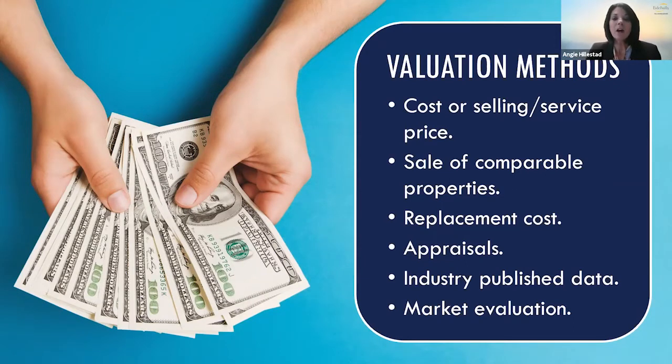The not-for-profit might also look to see if there is industry published data that could help them in determining a value. One common thing that we see here is in the food bank industry. Food banks commonly will value donations of food on a per pound basis. So if somebody brings in a large amount of donated goods, the food bank might weigh those goods and determine the value based on a rate that's published by Feeding America. That's a way where they're taking industry data times the actual donated goods to arrive at the fair value of those donated goods.